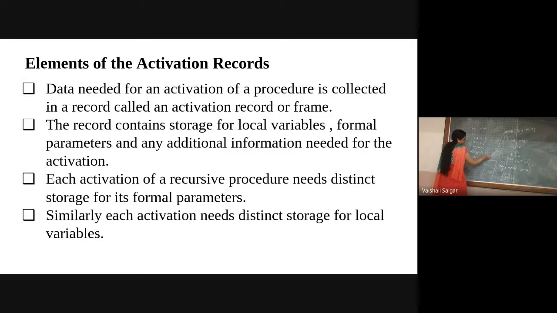So after the execution of this procedure is completed, where the control will be back, that particular position is also stored. At the same time, it will store the actual parameter values for this particular program. Then the return pointer, I will say this as a return pointer.